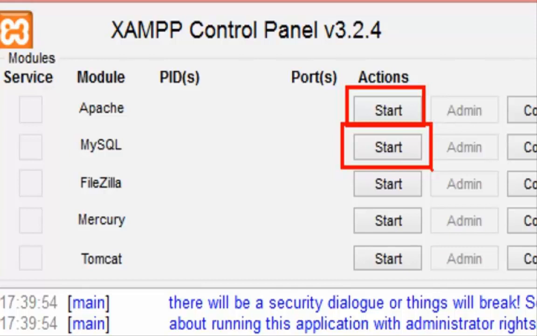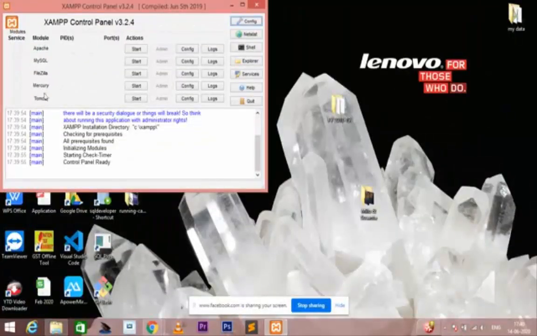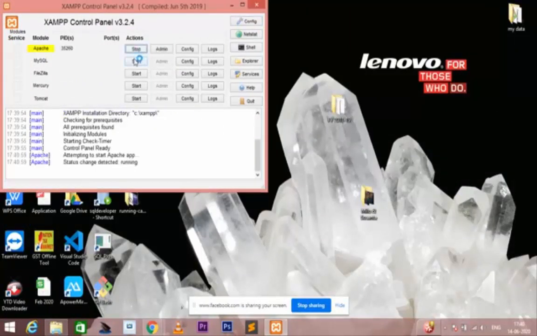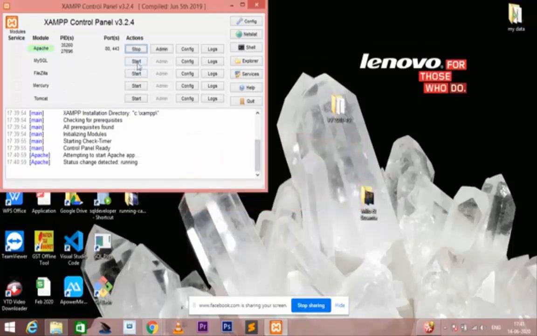So first we start the XAMPP server. Next I continue with the other project. So I simply start it, and again it is showing another message, so simply ignore it, no problem. And second we start MySQL, and right now it is showing like this.